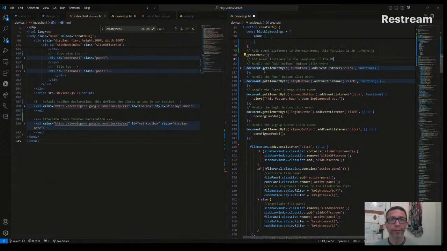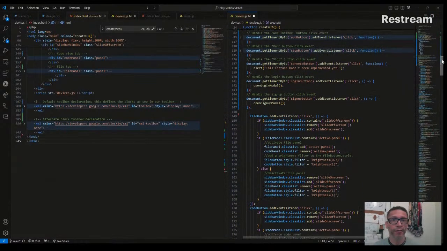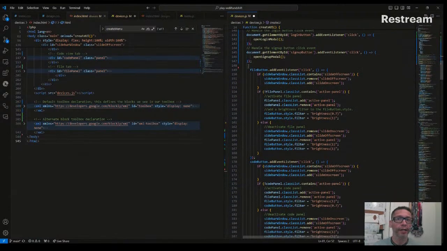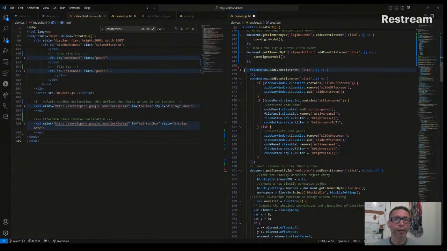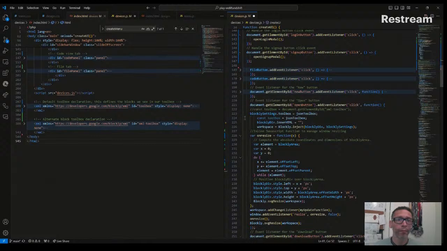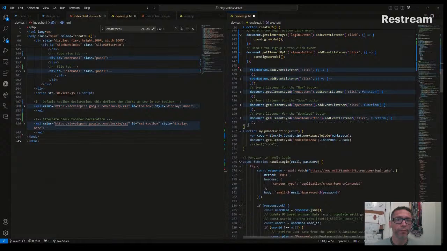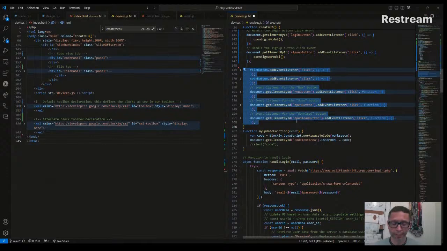Right there. Handler for the add, handle the run, handle the stop. Once again, these are kind of set too far in. So I'm just going to clean these up just a tiny bit, just like that. So now we can see